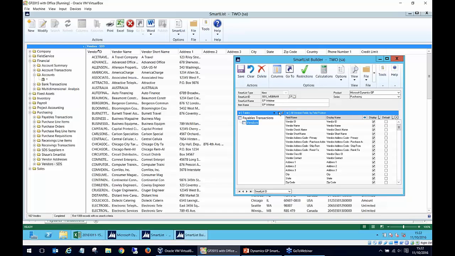Okay, so of course I'm just going to show you the payables transactions for now, and if I just tick random fields here, I'm not going to try and be clever and just tick more fields, so we can see what it shows. At the top here